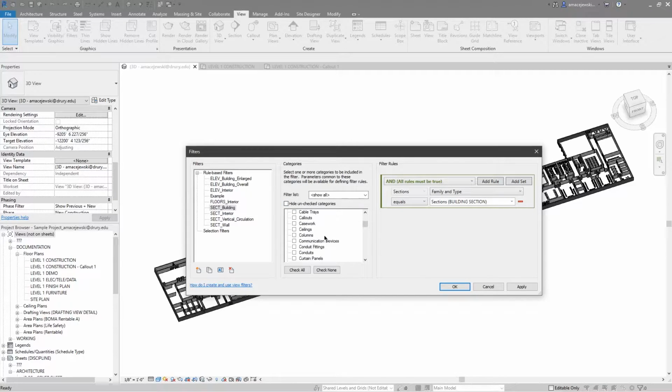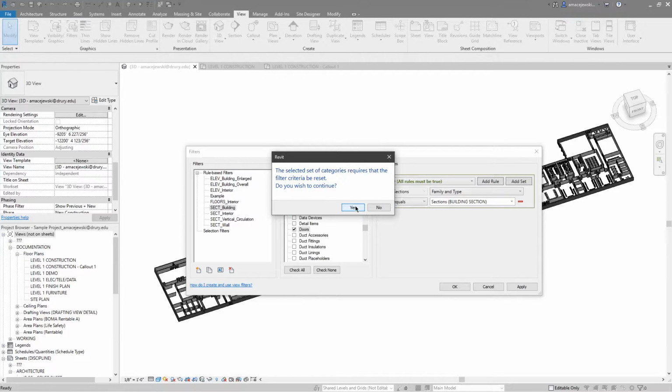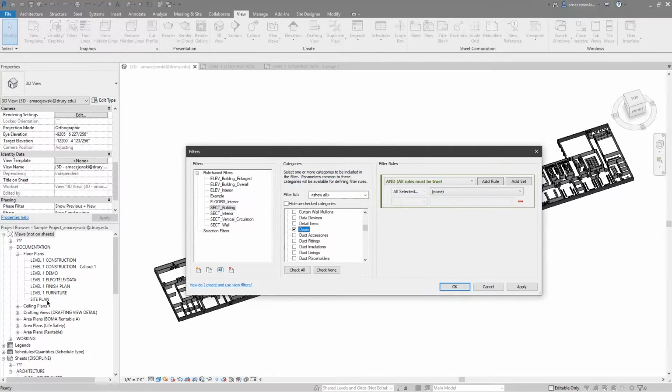And if I go to something else and I add a different one, let's say I add doors, and I hit yes, the selected set of categories requires that the filter criteria be reset. Do you wish to continue? Yeah, I'd like to continue. You can see that